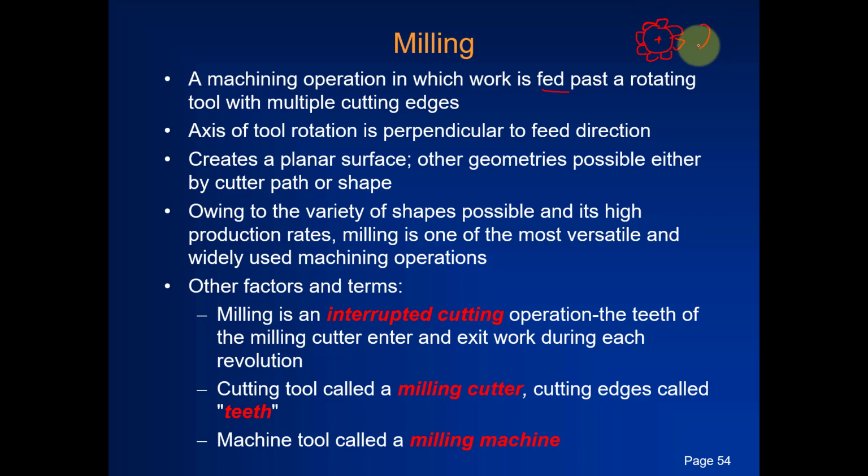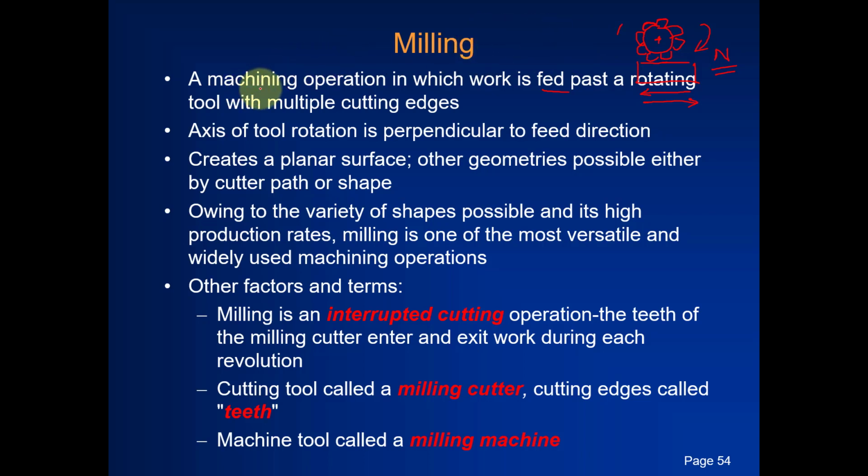Now this cutting tool rotates with a certain RPM, rotational speed, and the workpiece is fed passing through this rotating tool. Let's say, for example, this is the workpiece and it is either moving in this direction or in this direction, depending upon the process required. You will see in a while that depending upon the rotation of the cutting tool and the workpiece movement, we divide the milling operation into two types.